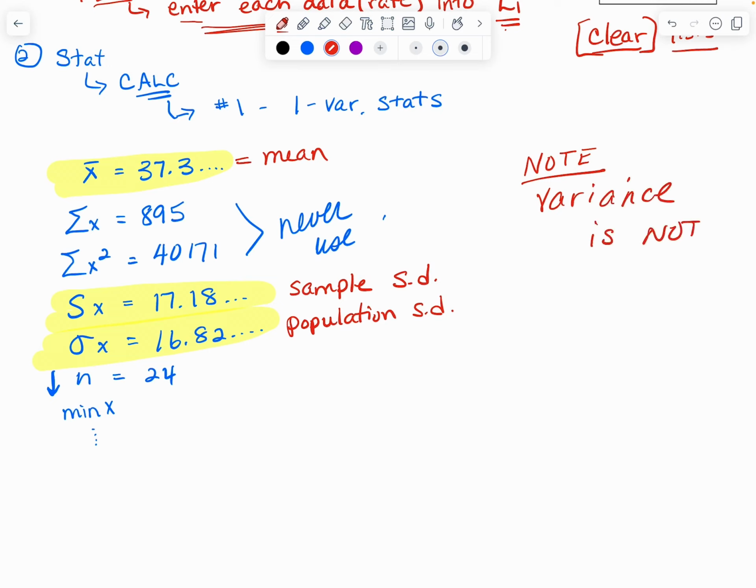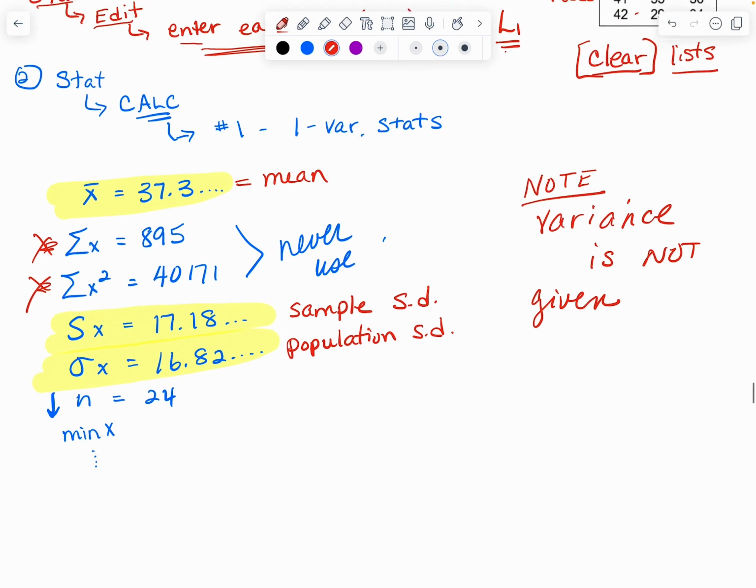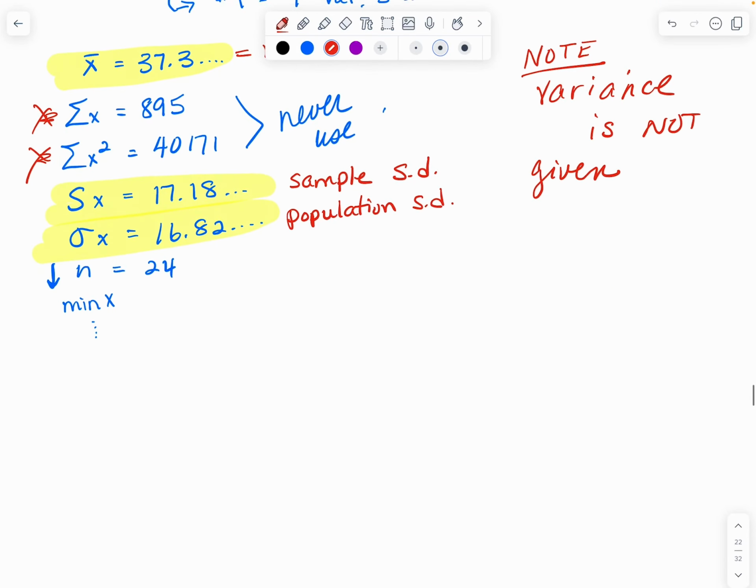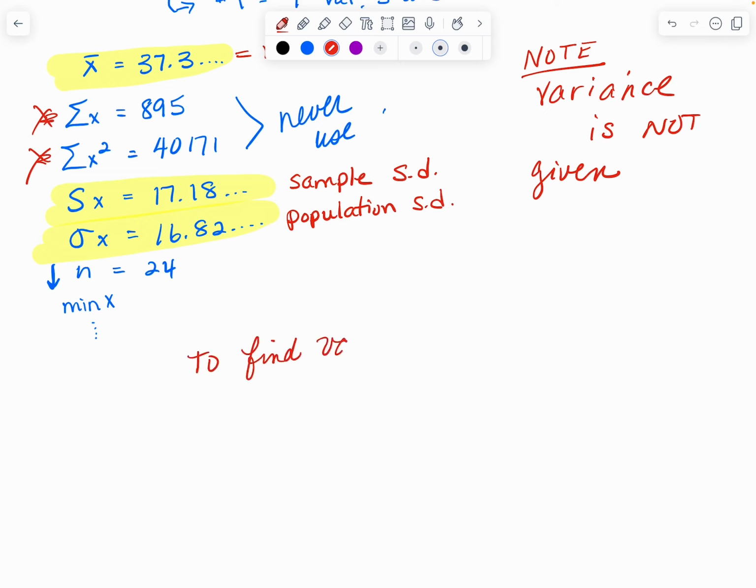Okay, notice though, variance is not given. It does not give us variance. It gives us these two things that we don't ever use. So we don't use this and we don't use this, but neither one of those is the variance. All right. So if your question asks, which it will at times, to find the variance, then to find the variance,